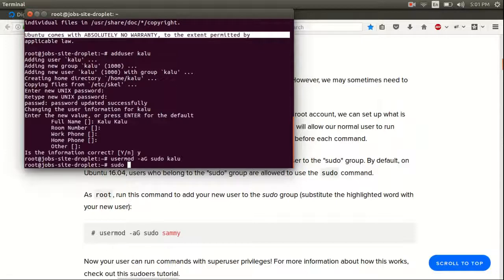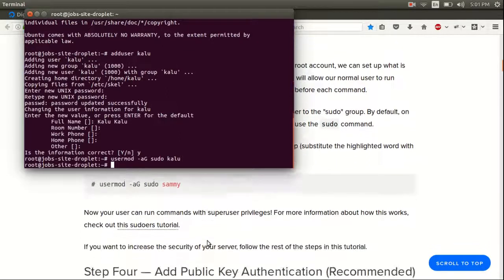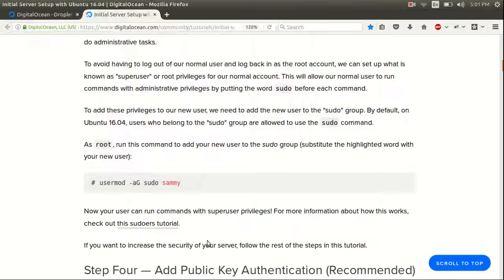Now this only works if you're logged in as a user that is in the sudo group, and that's what this command does right now. It adds the user you just created to the sudo group. If you don't understand what that means, don't worry, because you know the Kalu principle of learning a new discipline, and that is bottom up, not top down. That is example based and not learning by rules, and that is inductive reasoning, not deductive reasoning. So don't worry if you don't understand what that means. We're going to do this many times, and by iterating over these projects,